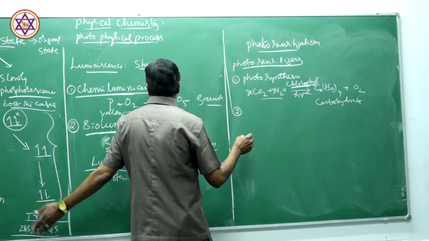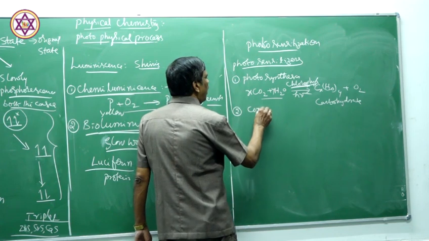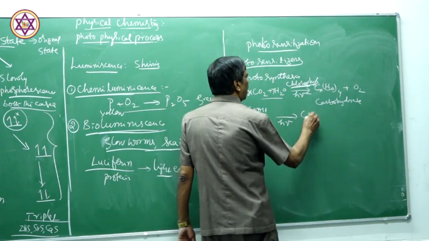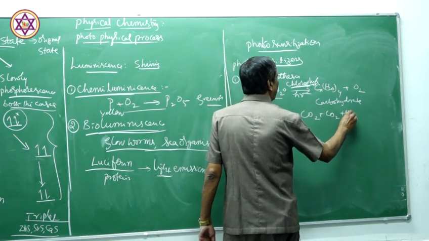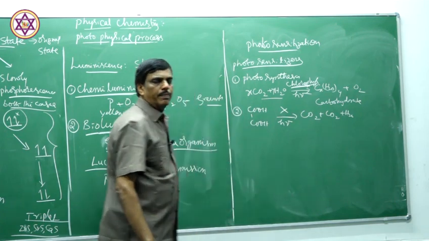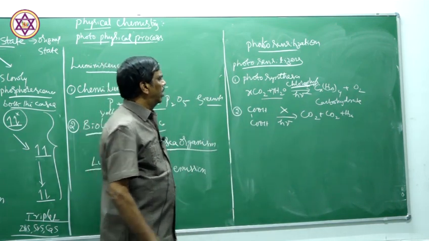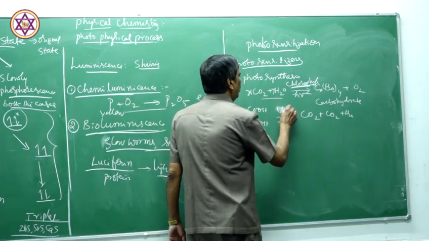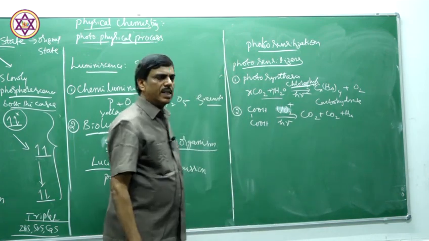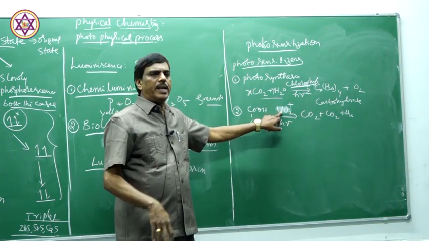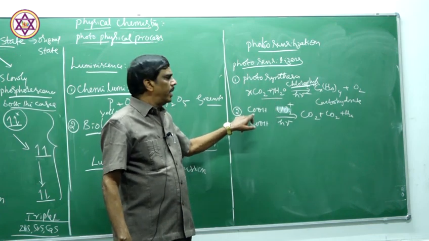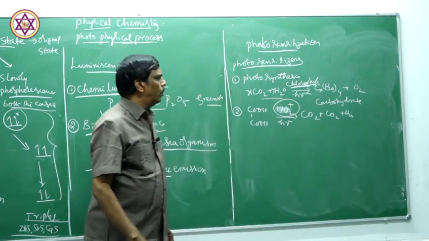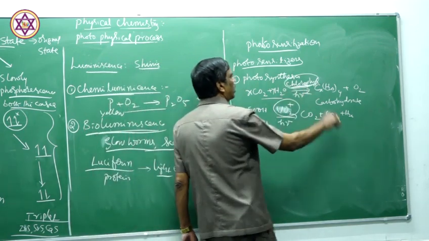Another reaction we have just studied is the decomposition of oxalic acid. When radiation is passed, you will get carbon dioxide, carbon monoxide and water. This reaction will not take place in the absence of a photosensitizer. Therefore, we have to use uranyl ion as the photosensitizer. This photosensitizer absorbs light radiation and then supplies it to the reactant. This reactant then undergoes decomposition. So uranyl ion is the photosensitizer here. Chlorophyll is the photosensitizer in the earlier case.